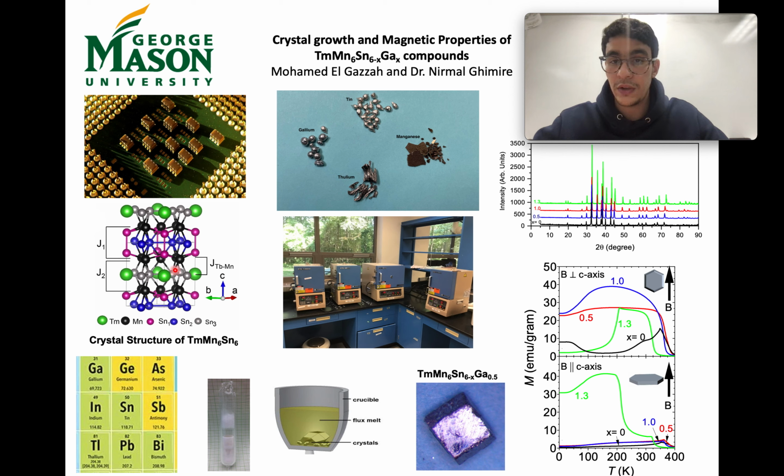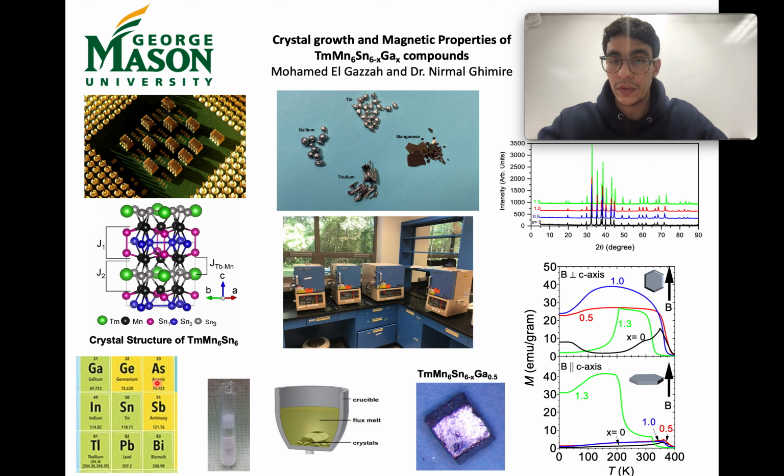Tin in this particular layer can be replaced by gallium, which has a smaller atomic radius than tin. We know this by looking at the following periodic table. The gallium doping will then change the magnetic interaction between different layers and allow us to manipulate the magnetic structure. Our goal is to manipulate the spirals in the parent compound to stabilize a magnetic structure that can potentially be